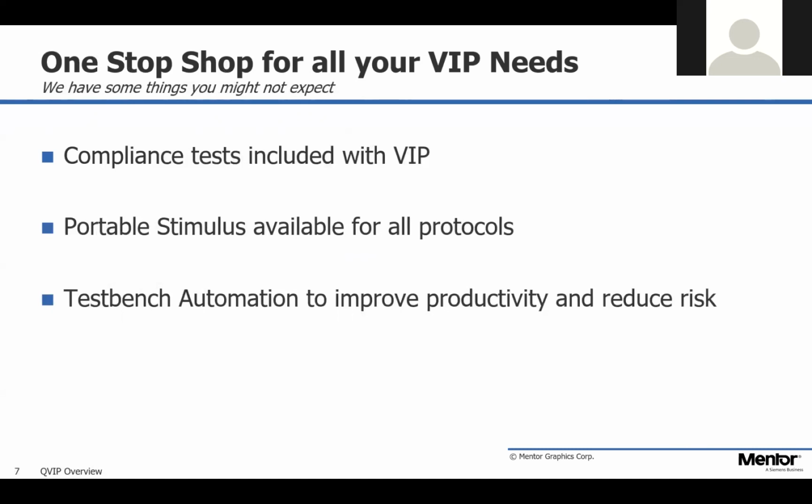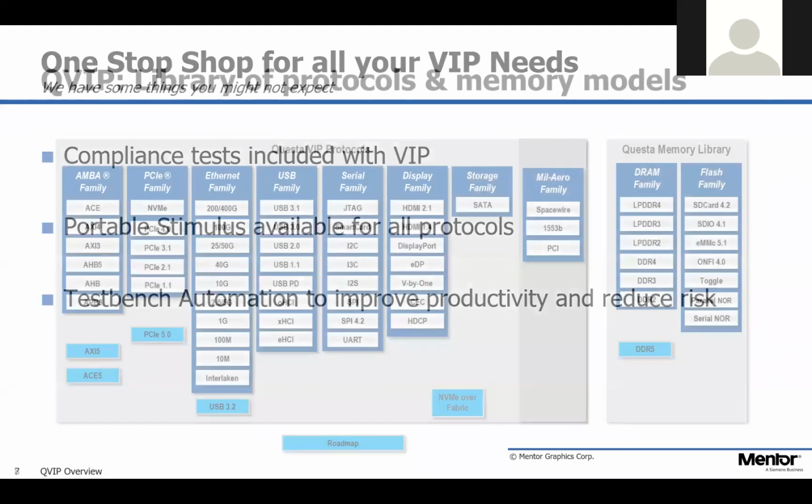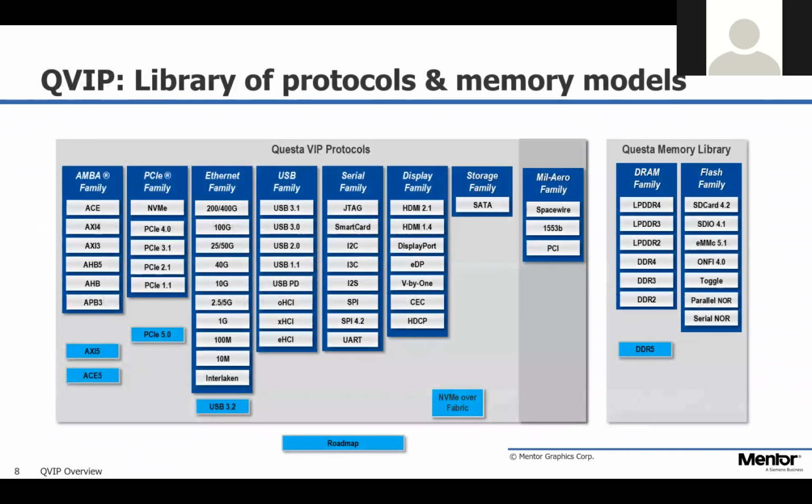But the whole idea is to get you up and running as quickly as possible, to get you doing productive verification very quickly, and to make sure that you are generating legal traffic, and that your device is processing that traffic correctly. So if we look at our verification catalog as of today,